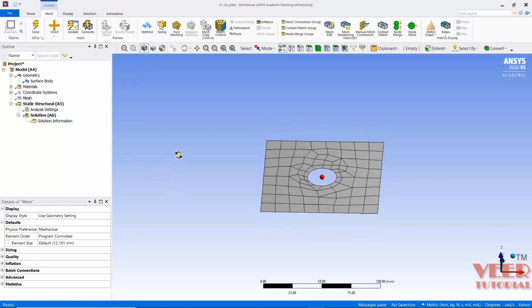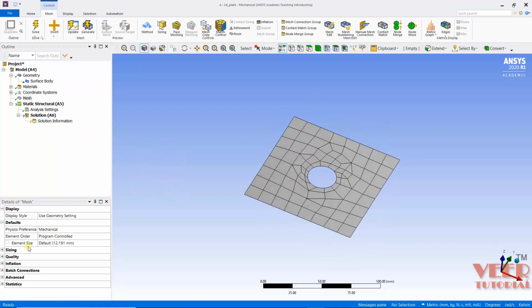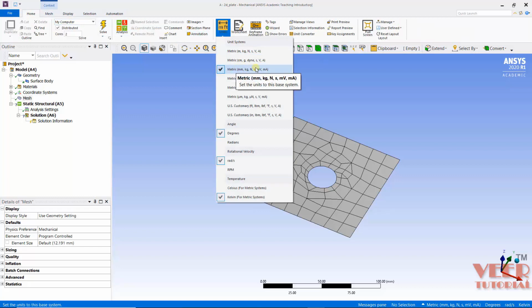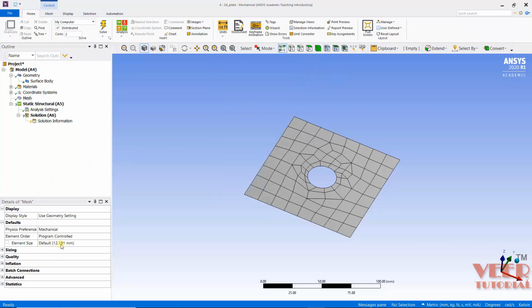And now we can see a mesh is generated. So here we can change the element size. So before that make sure we have proper unit set. So I will go to home and in the units make sure it is selected as mm. So in the default size I will take the size like let's say this is 3 mm.